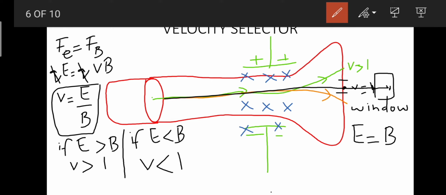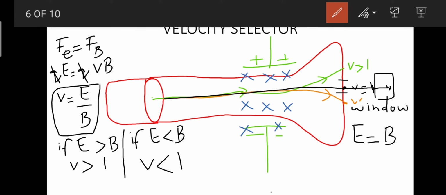So for this condition, why is it happening? If E is smaller, because V and E are directly proportional to each other, if E is greater, V is greater, right? And if B is greater, B is inversely proportional to V. So in this condition, V would definitely decrease. So what we are going to observe at this particular point,